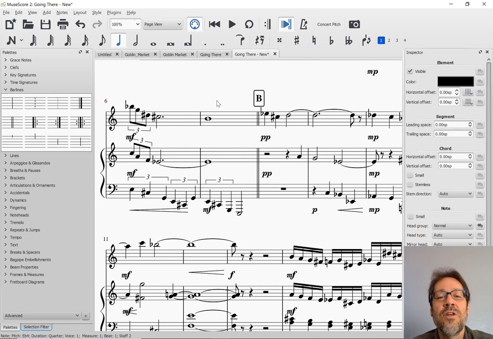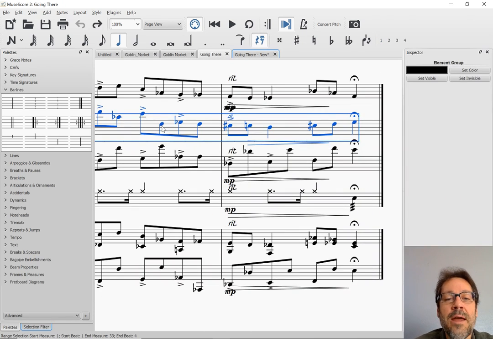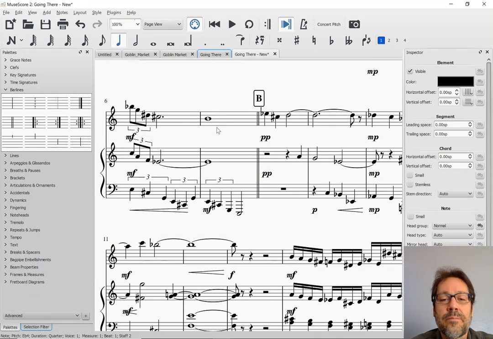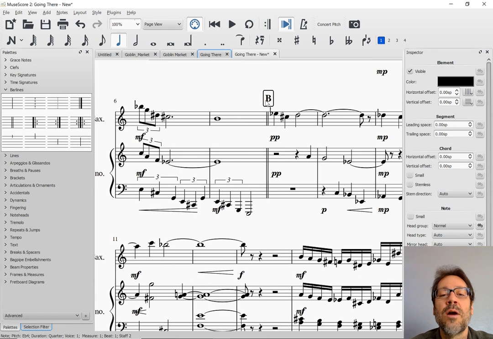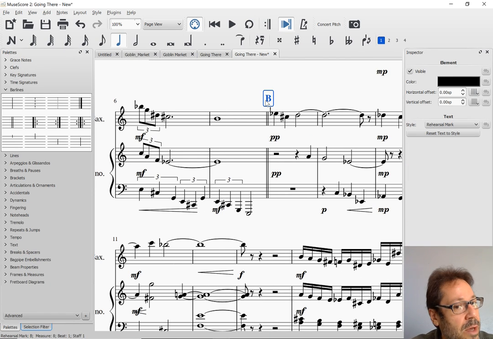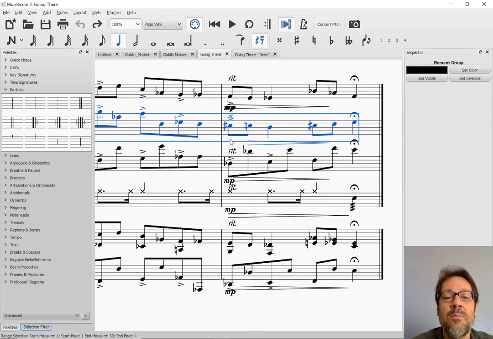All I have to do is either correct the formatting of some of these texts or copy and paste and re-enter some of the text. Basically the rehearsal marks and the tempo marks are the ones that don't come over with a copy and paste, because they're attached to the whole system as opposed to each staff. And that was the source of the problem here, that I was getting multiple copies. The original had multiple tempo markings, one on each staff. If he hadn't done that, then it would have come over just fine. But,